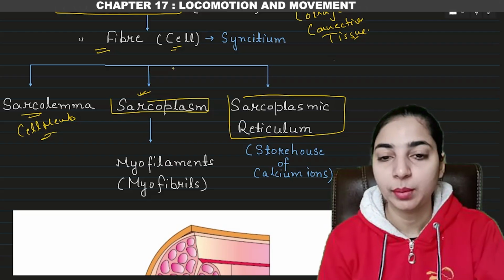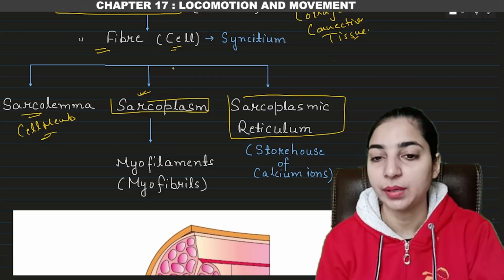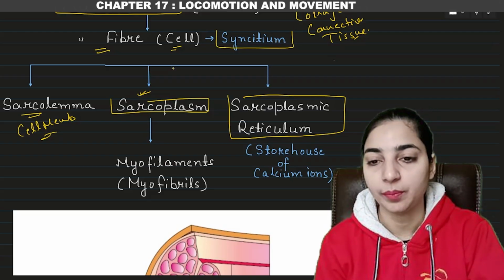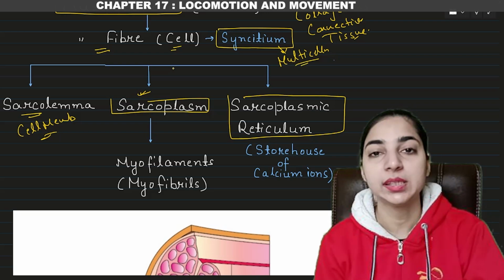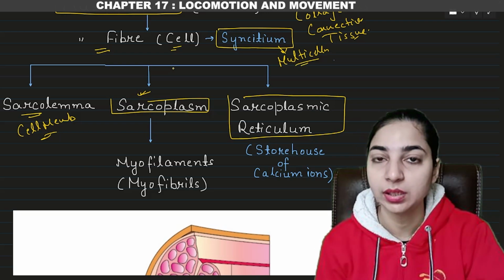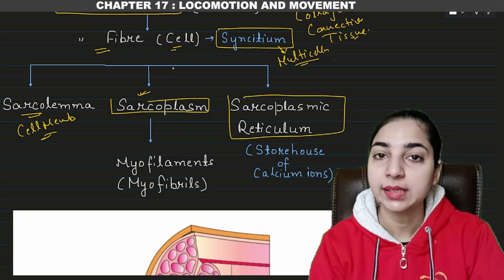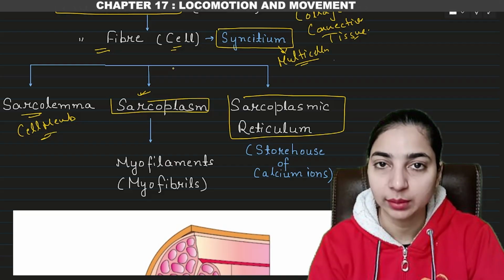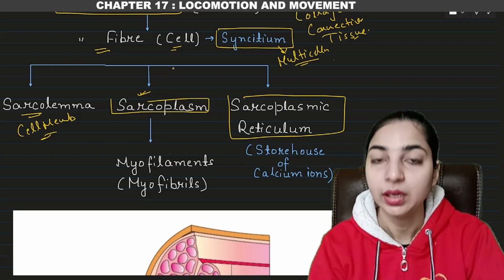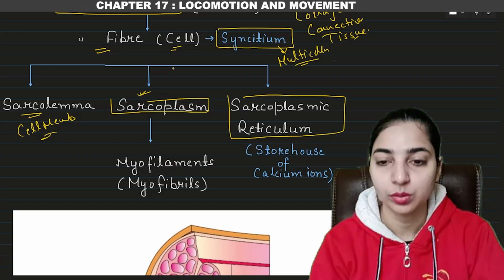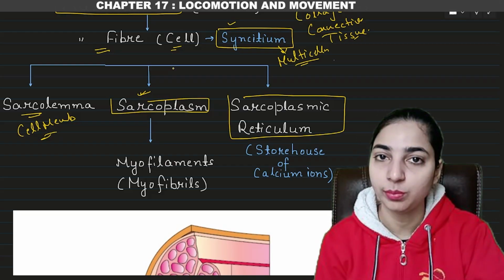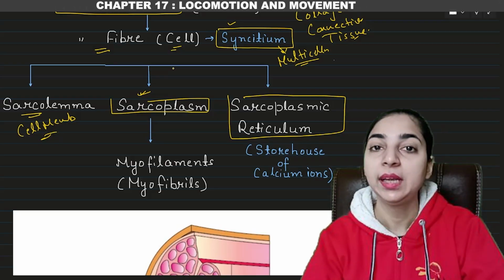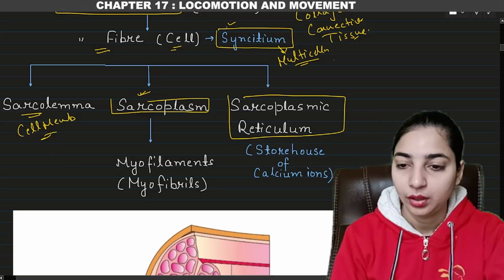Now here you have to remember one thing about the muscle fiber or the muscle cell, that these are syncytium. Syncytium means multinucleated. So just now we have studied about the differences between the skeletal muscle, smooth muscle and cardiac muscle. We saw that the skeletal muscle was multinucleated. That means each muscle cell or muscle fiber consists of more than one nucleus. Therefore these are known to be syncytium. Okay, syncytium means more than one nucleus per cell is present. Okay. Now,